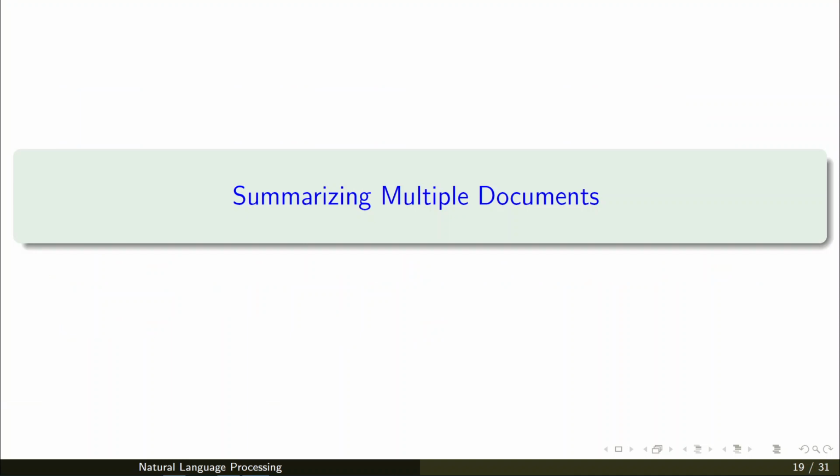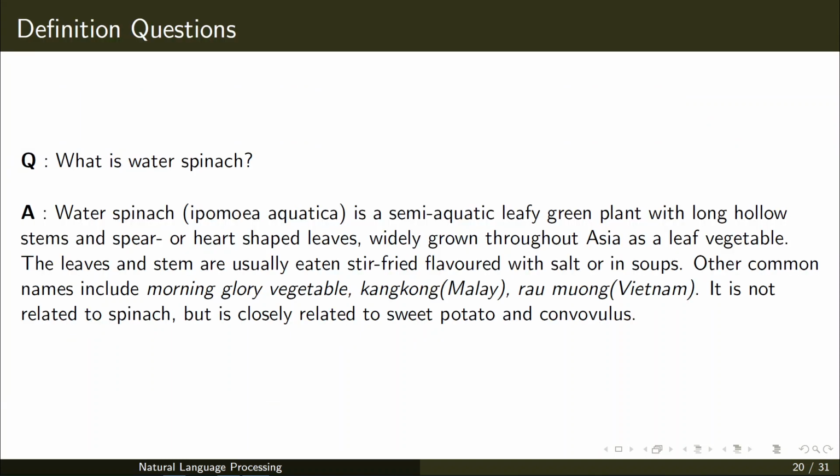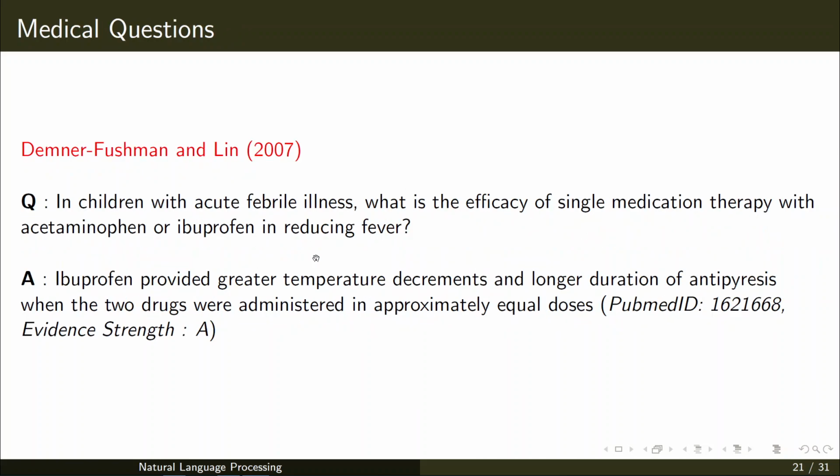In order to summarize multiple documents, it's very similar to answering harder questions. You can have a definition question like this: what is water spinach? You are supposed to get a sentence or a paragraph-like answer like this. Or you can have a medical question like this: in children with acute febrile illness, what is the efficacy of acetaminophen or ibuprofen, which is going to help you?